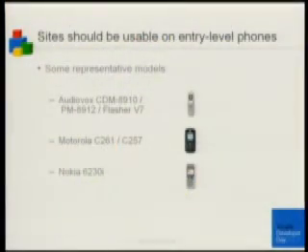So going back to when you're creating a website for mobile devices, to begin with, you really want to make sure all your sites work really well on entry-level phones. And you'll be surprised by how many people have what we call entry-level phones. Like the Nokia 6230 in the UK, for example, is a phenomenally popular device. A lot of people have that device, even though I don't think it's even sold anymore. But a lot of people are using websites through that device. So you want to make sure that